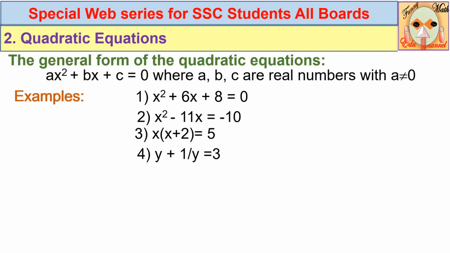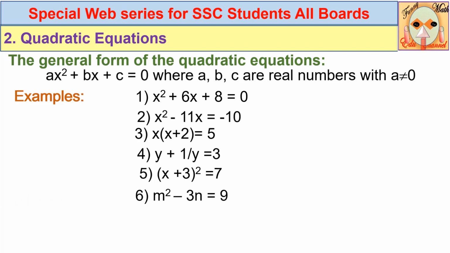Means in a quadratic equation we only observe the terms which contain the variable, and the highest power must be 2. Now fifth, see in the fifth example, x plus 3 bracket square equal to 7. When you expand this x plus 3 bracket square, at that time you get the square term. So this is a quadratic equation. This you can follow very well.